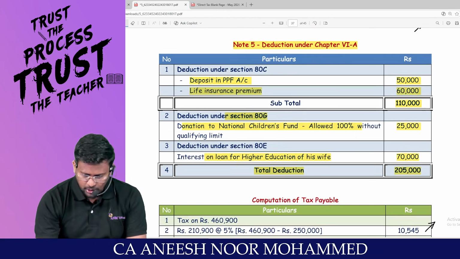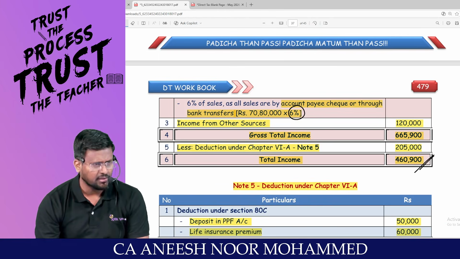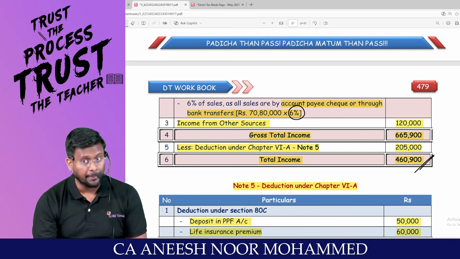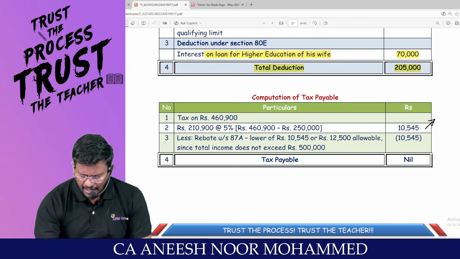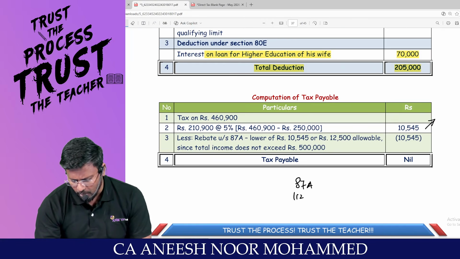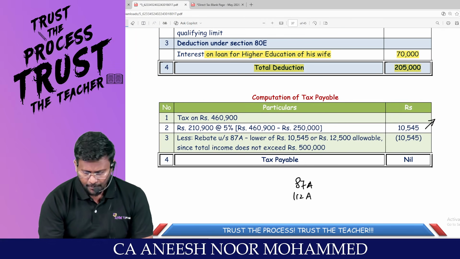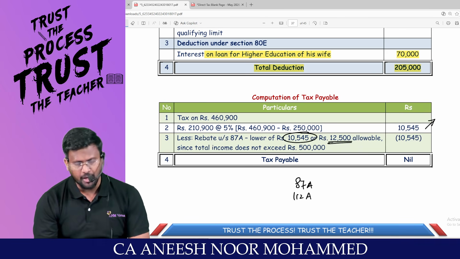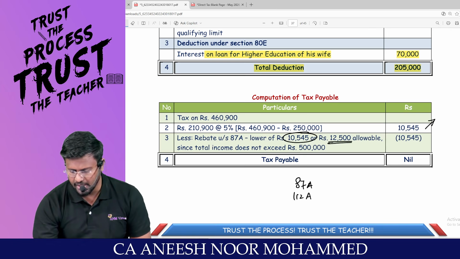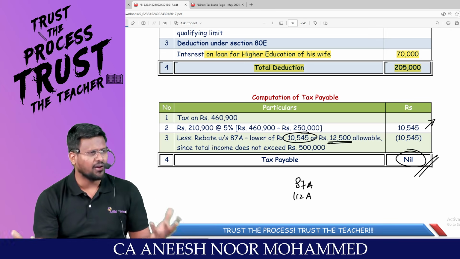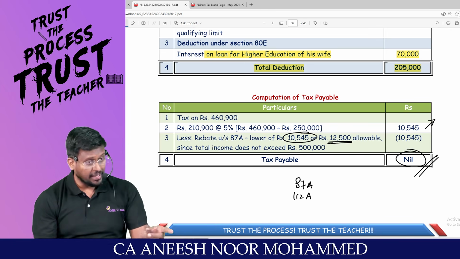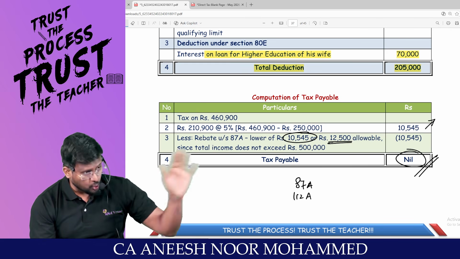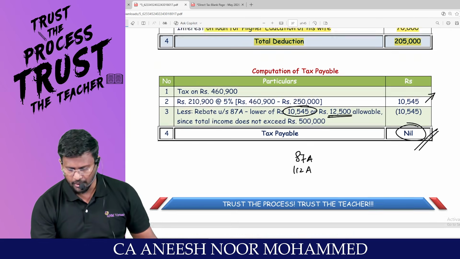Does the assessee's total income exceed 5 lakh? No, sir. Assessee is entitled to claim a rebate under 87A, and there is no income covered under 112A. Then either 12,500 or the amount of tax payable, whichever is lower, can be claimed as deduction. Tax payable will be nil. Very comfortable. So it is better to choose presumptive taxation under 44AD and choose optional tax regime. Are you all really with me?